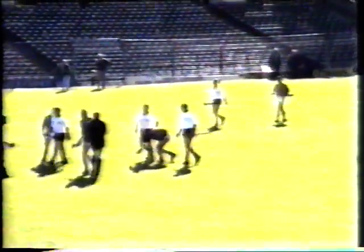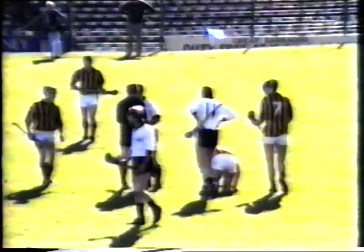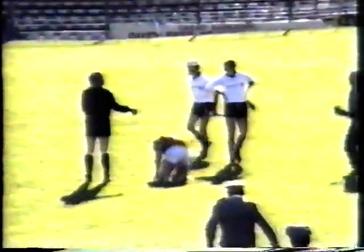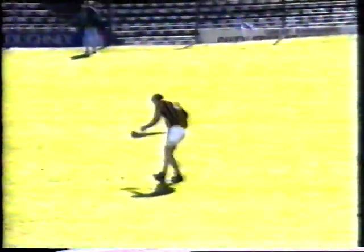One-handed swing there, and Michael Ryan taking a nasty knock there, a rather hard pull there. And the man who's been spoken to is, in fact, James Cahill, I think. James Delaney is the one who's been spoken to for that rather hard one-handed swing there on Michael Ryan. Ready to resume. Everything seems to be okay, and